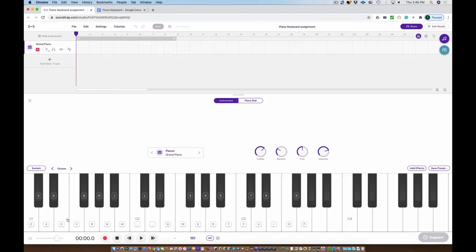We can see that the bottom is C1, and that's what we want. If you do not see C1, we need to press on the octave arrows, either up or down. Most likely it might be on C2, so you would just go down 1 octave so that you see C1 down here. I'm going to play each one of these notes with my mouse, and we actually hear the tone, which is great. We also see the name of the note,